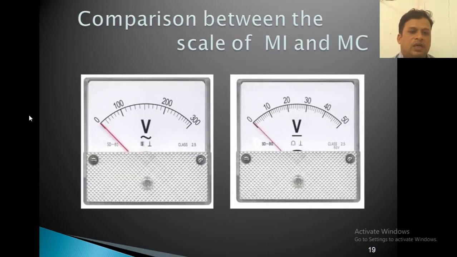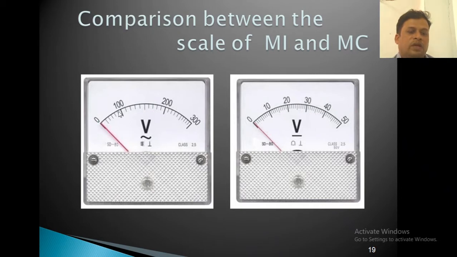So, if you see here, this is the AC voltmeter, and this is a DC voltmeter. Here you can see the sinusoidal symbol printed, and this is the direct DC symbol printed beneath the letter V. Here you can see that it is a non-uniform scale, from 100 to 200 and 200 to 300 like that. But here it is calibrated for 10, 20, 30, 40, 50 uniformly. So it is a non-uniform scale, you can observe.